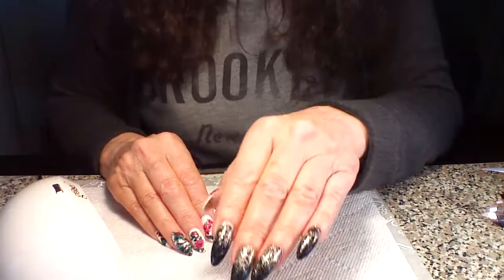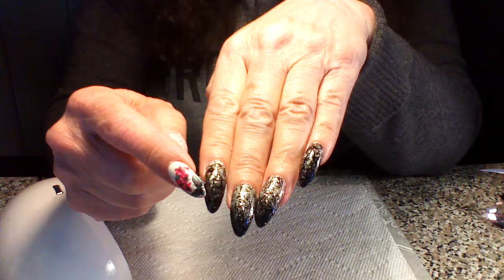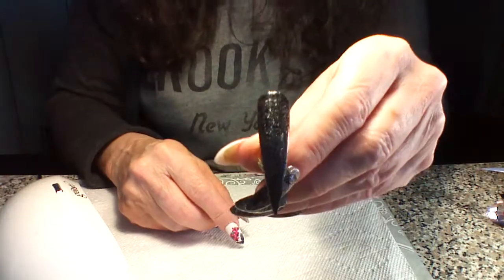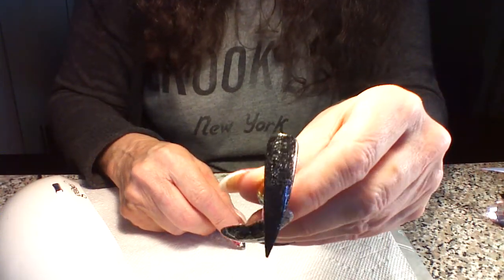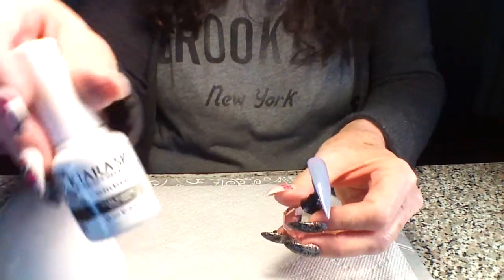Hi girls, so today I'm going to show you how I do an invisible nail. So right now you can see the stamping obviously, but it will look like this where you won't see it at all. So we're going to go ahead and start with a sample nail, and I'm using